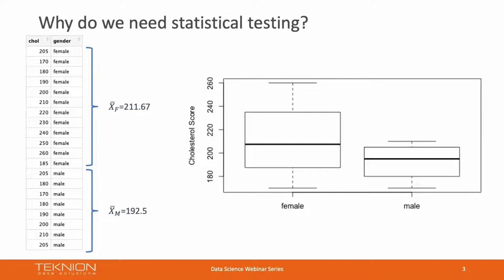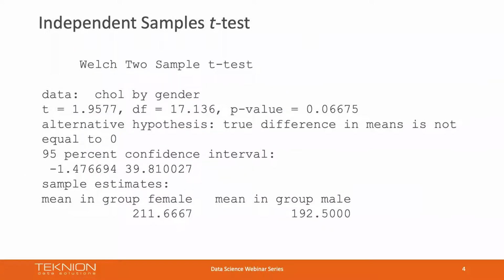And sure enough, when we actually run this, for those of you that know something about statistical testing, for wanting to test the differences between two groups, we would run what's called an independent samples t-test or a Welch two-sample t-test. And if we run this analysis, we would see, okay, right here, p-value 0.066. So this would mean we would fail to reject the null, which means that even though we observed a